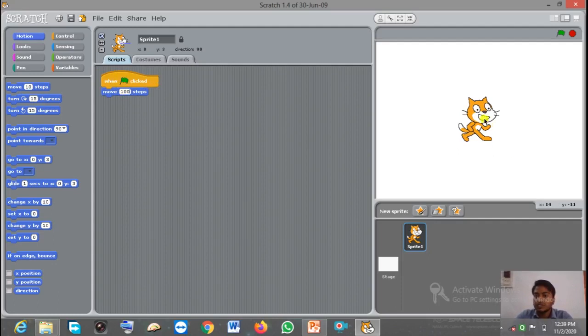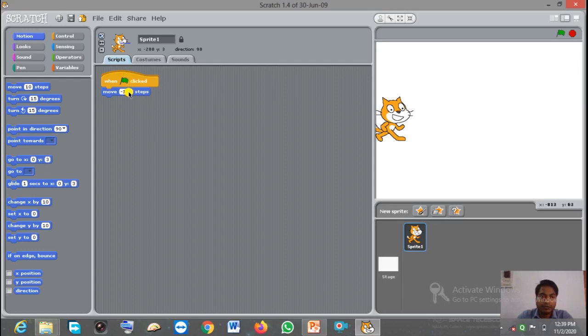Now you see the result here. This is how you can give the command, and accordingly this object will perform the action. Now you can see I've given -100, that's why it's moving in the backward direction.